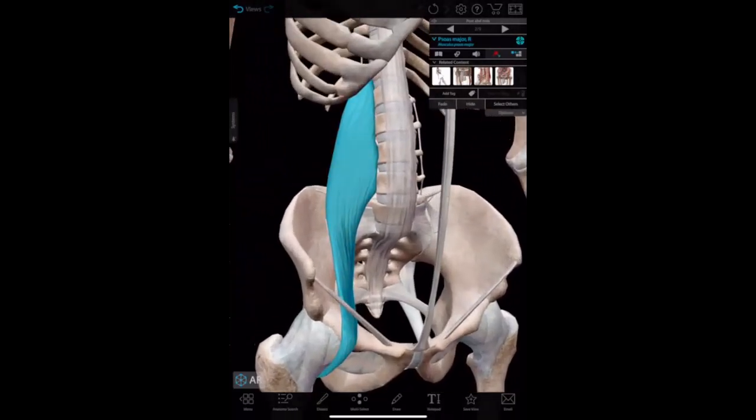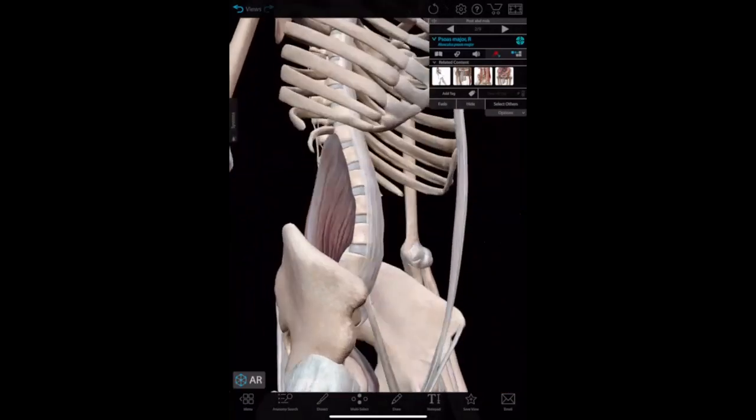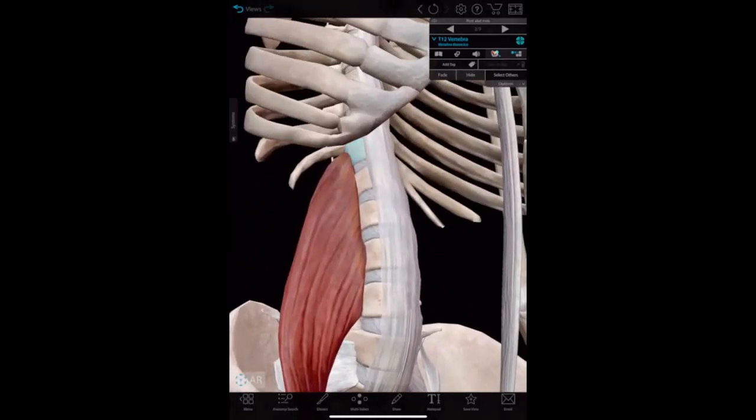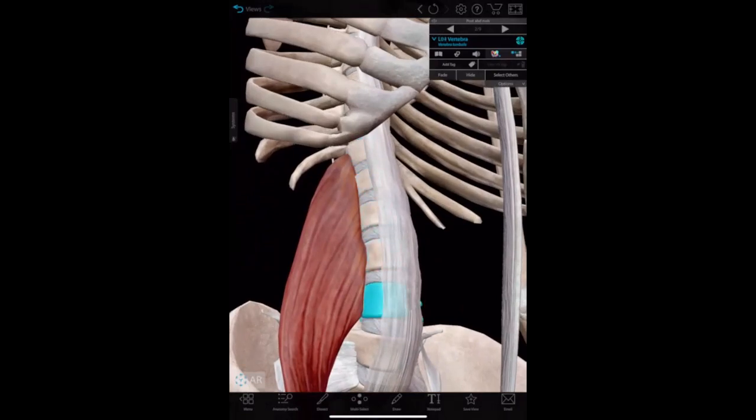And this is T12, and this is L1, L2, L3, L4, L5. So this muscle arises from the vertebral bodies of T12 to L5, and intervertebral discs of T12 to L5,